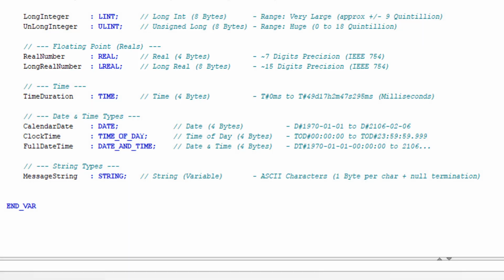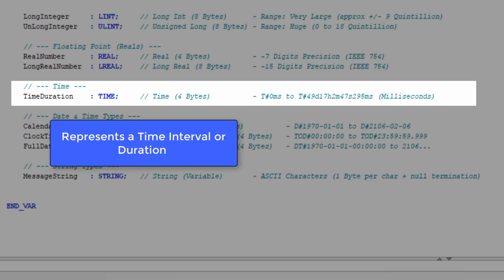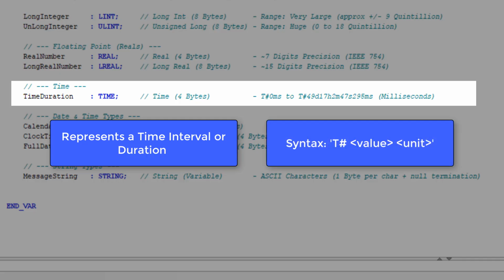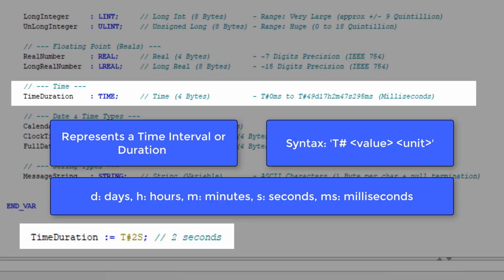A crucial data type in automation is the time variable. Since many temporized actions or sequences may occur in a PLC program, using times to set up timers and delays is crucial for a PLC programmer. The time variable represents a time interval or duration. It is declared using the literal syntax T#, followed by a value and a unit of time. D for days, H for hours, M for minutes, S for seconds, and MS for milliseconds. For example, T#2s indicates 2 seconds,